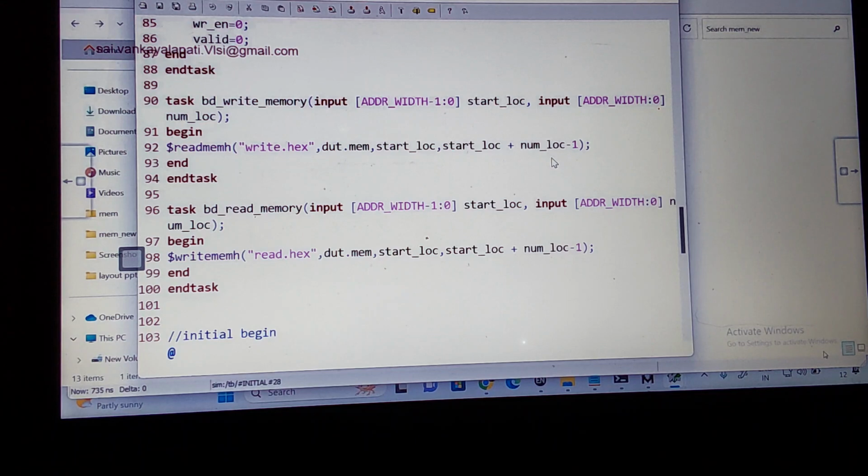So how to do that? By passing the arguments to the task, we achieve this. Correct? So these are two options: beginning address and end address, from where to where I want to read the data and write the data. You can understand? Now this is the task I'm reading here.